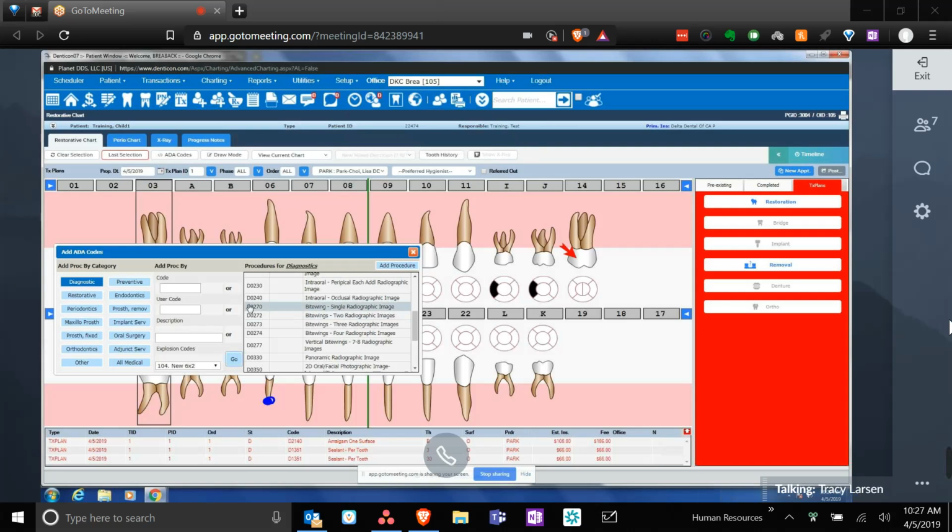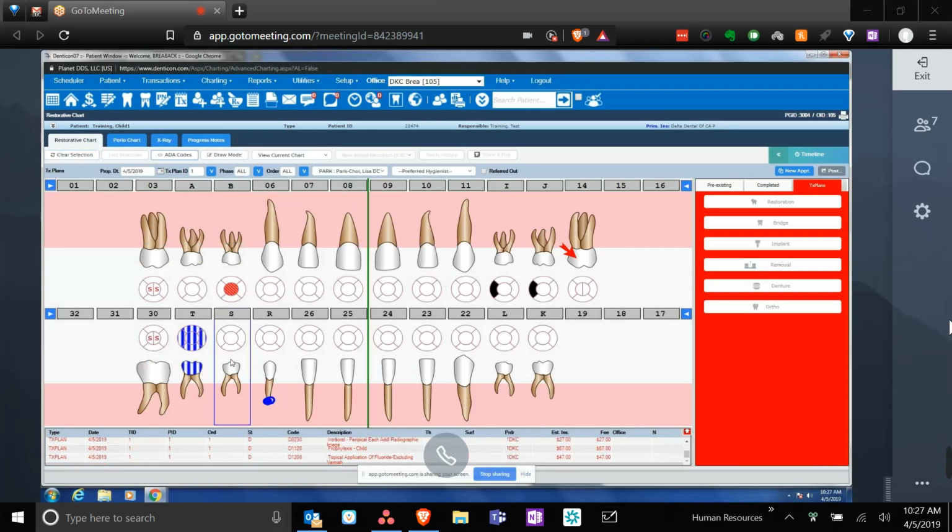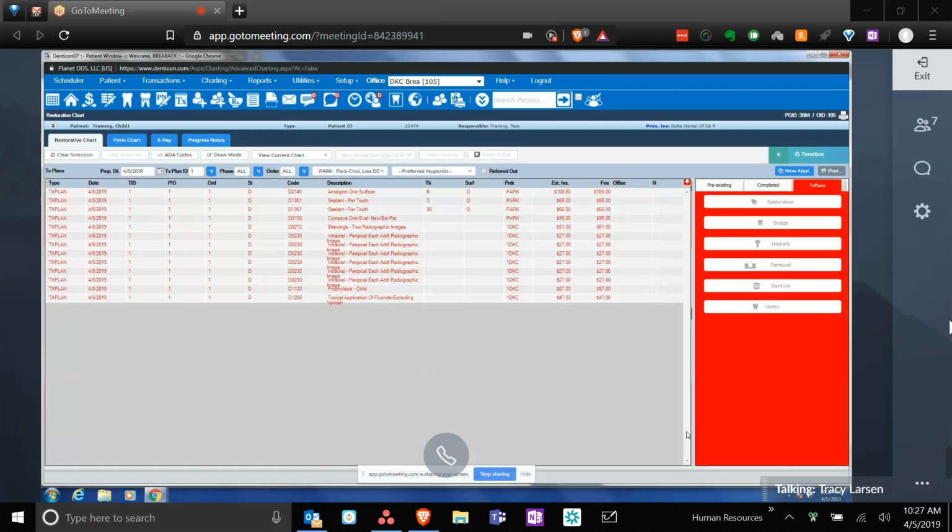Now hit your clear selection up above, so that we have no tooth numbers selected. Now go ahead and hit your go button. So what the system did, if you notice at the very bottom of the screen, on the right-hand side, right before that big red area, do you see the little arrow pointing upward? It's a little tiny arrow in the lower right of the screen. There you go. When you click that, that's going to close the tooth chart and allow you to see your